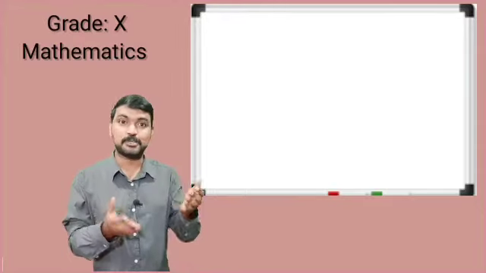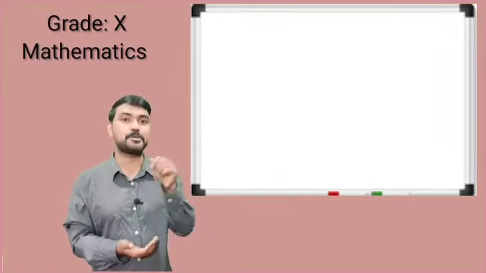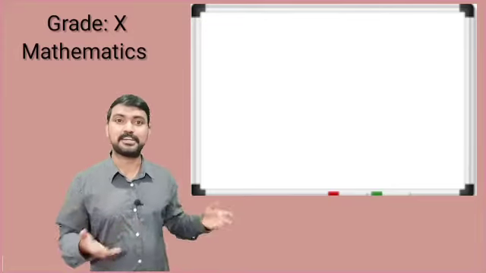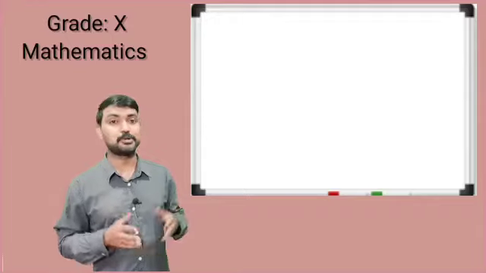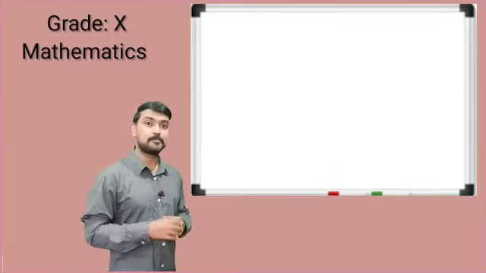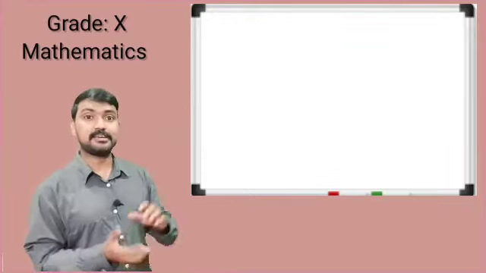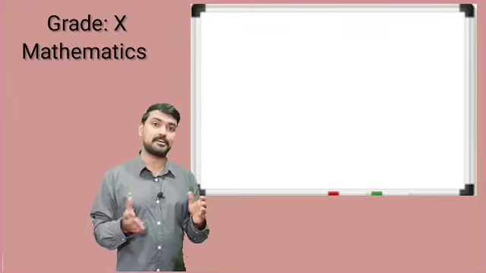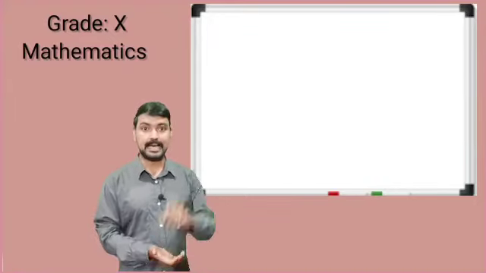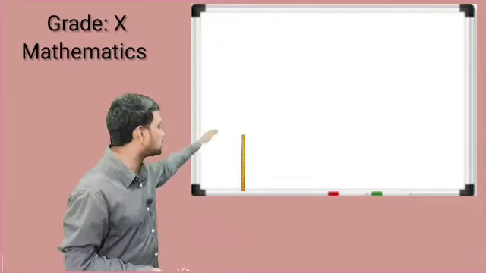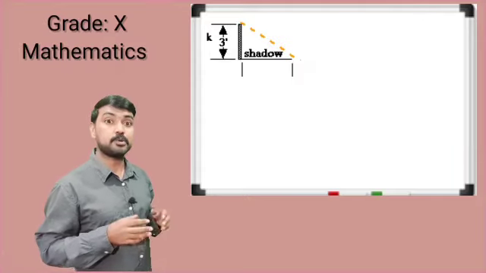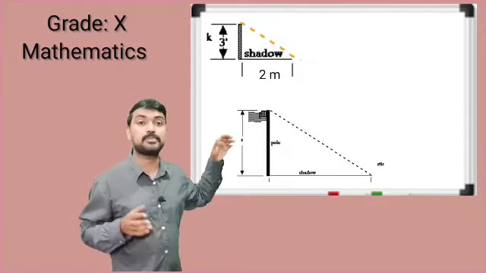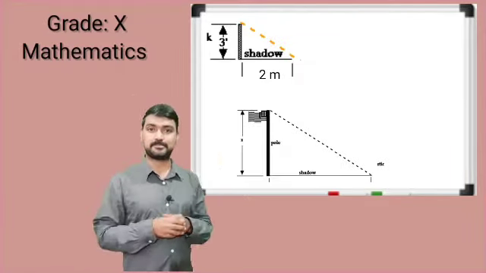So my dear students, today my topic is how to apply the similarity rule in our daily life. Let us see how Niranjan explained it. Niranjan said, please bring a ruler, and someone brought a ruler of height 3 meter. He kept the 3 meter ruler vertically and measured the shadow's length. He also measured the length of the shadow of the flag post. Both he measured. And he said, just come and listen.